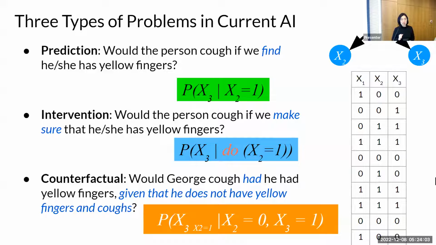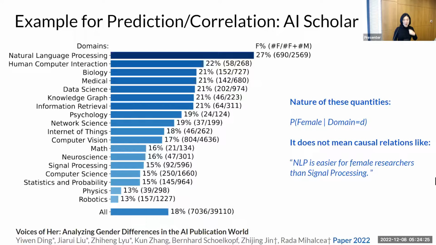Moreover, some people might ask why we say contradictory things: George had yellow fingers, and given that he does not have yellow fingers. This is actually based on taking a real-world example of George, who did not have yellow fingers so far, and then forcing the property onto him. So that explains this sentence.